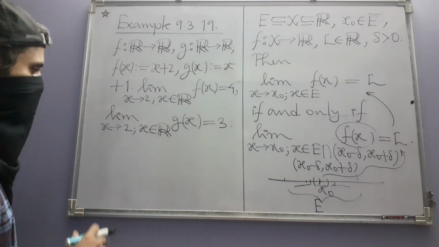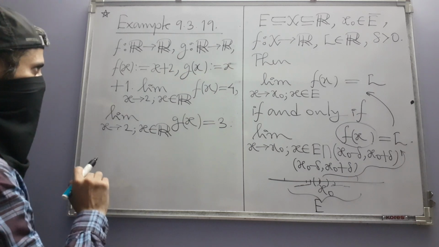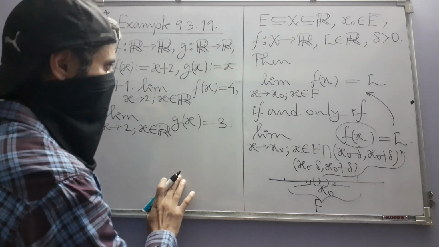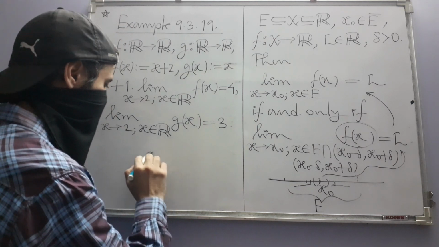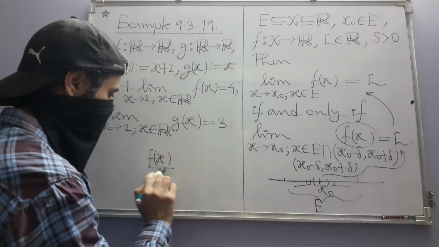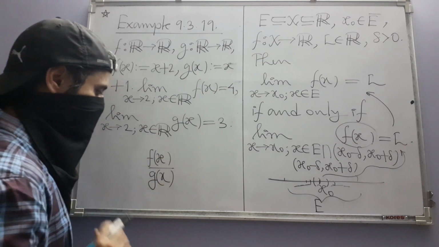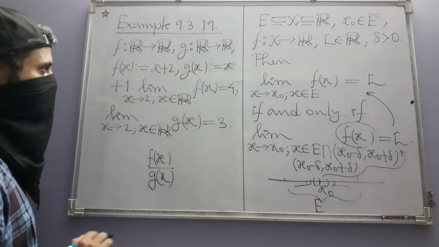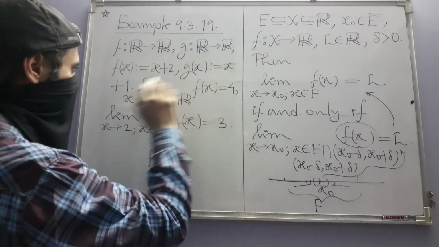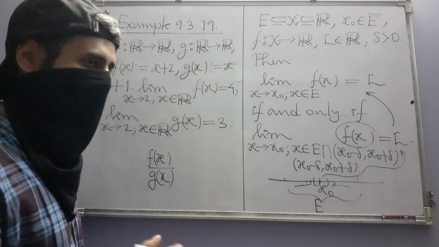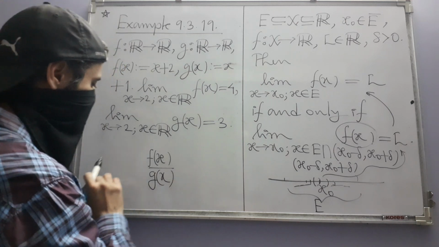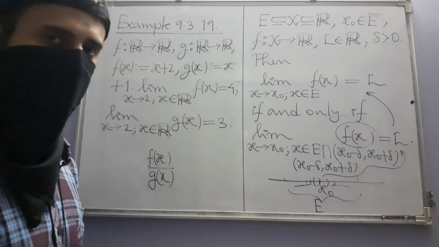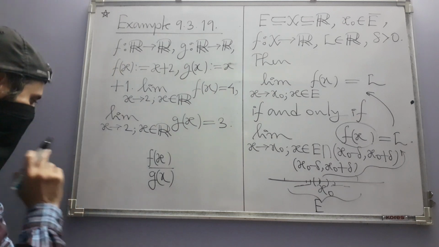And so, by the algebra of limits, if you look at this function, what we now want to do is look at the quotient. This, however, we cannot do on the entirety of R. Why? That's because x plus 1 vanishes at x equal to minus 1. So that's why instead of considering the entirety of R, we can remove minus 1 from R and choose a smaller domain and have this limit.